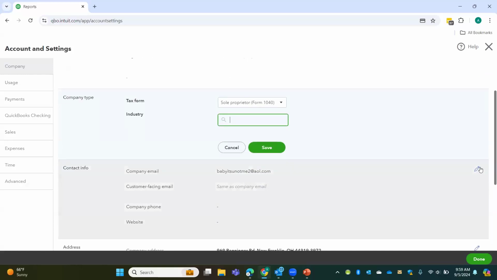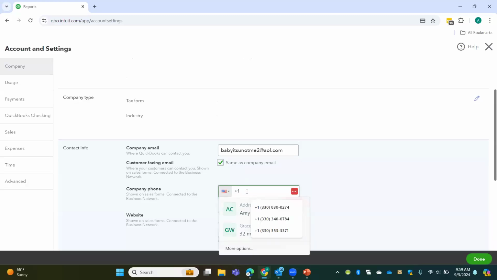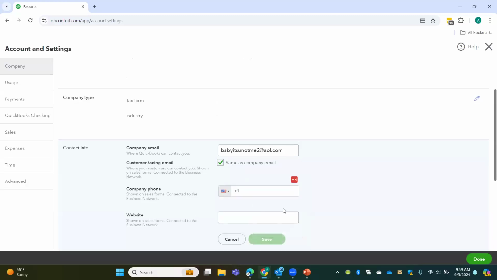You can edit the email. So like obviously this email is not a professional email. It's a personal email. So if I wanted the customers to be able to email me, I would not use this email. I would use my a@excellentadmin email. Okay. If you have a company phone number that's different than your personal phone number, and if you have a